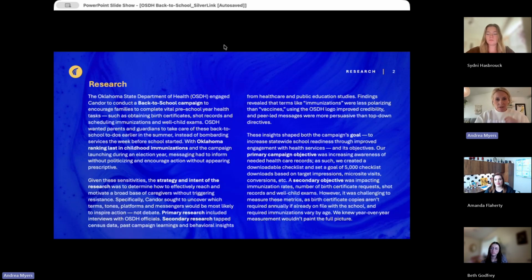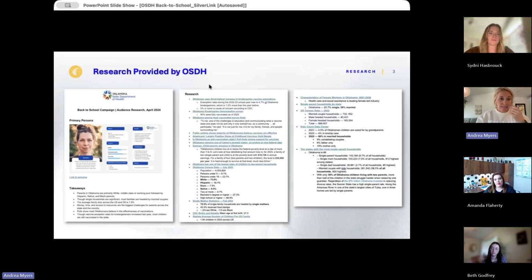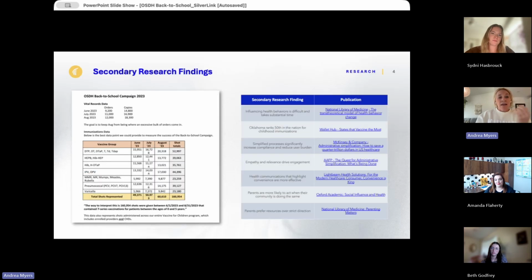When it comes to supplementary material, again, because we didn't do a lot of primary research, there wasn't a lot from that perspective. So we really just pulled in everything that we did. We had some research that OSDH had provided about the audience, and then we had some of our own research. And one thing I would say is this table on the right is a good example of